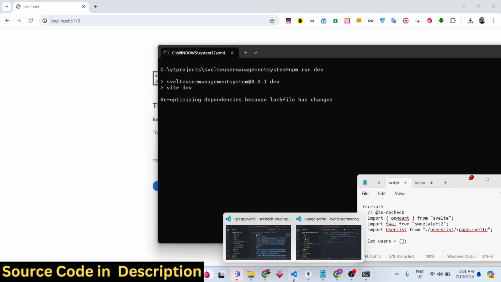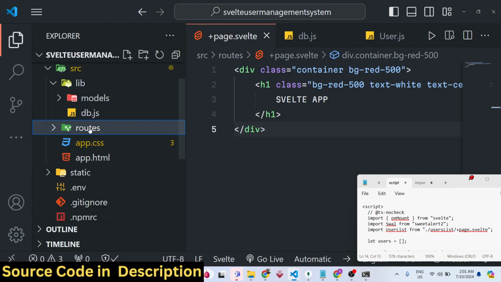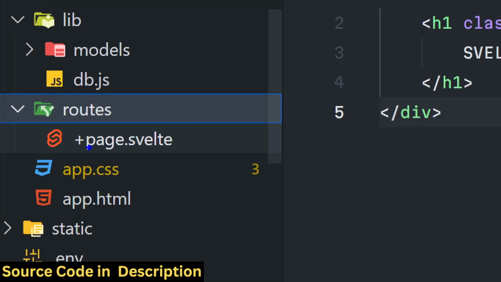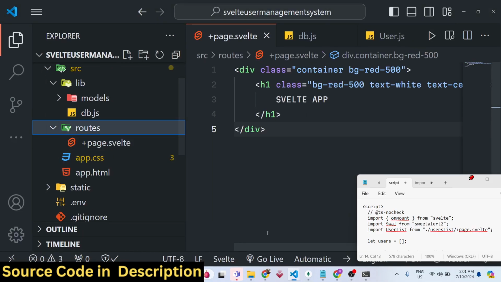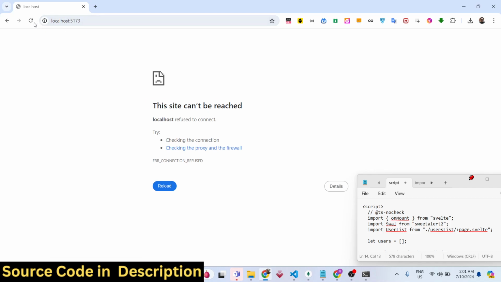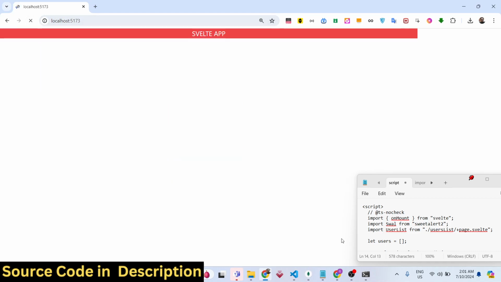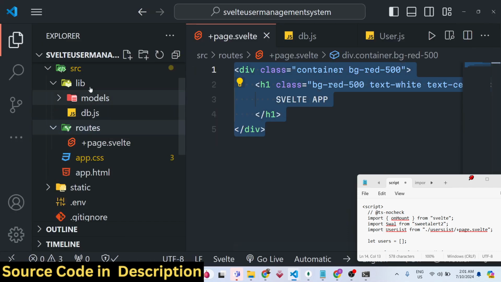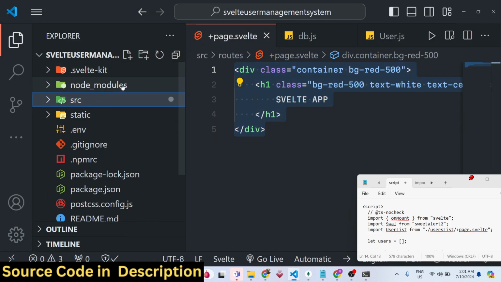As I already told you, this is your main file. In the routes folder we created this index page, the naming needs to be plus page. So if you just open your localhost 5173, you will see this rendered out there. So first of all, we need to, inside the source folder, create a brand new folder